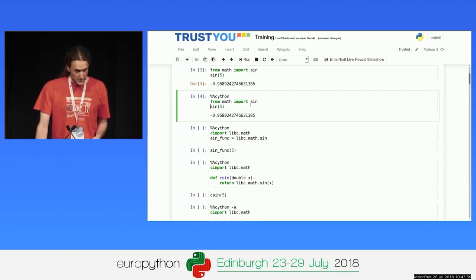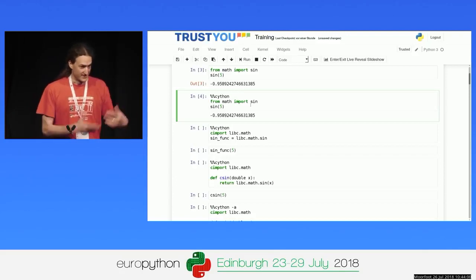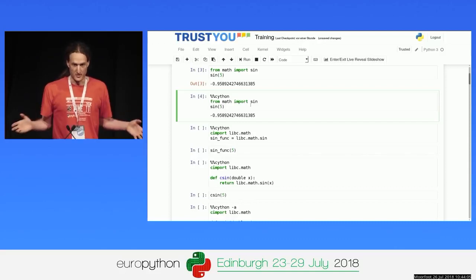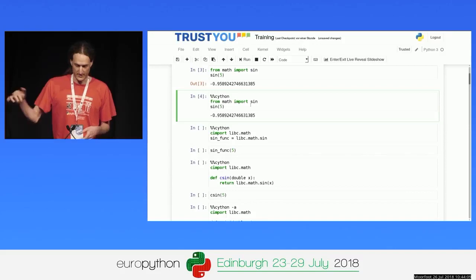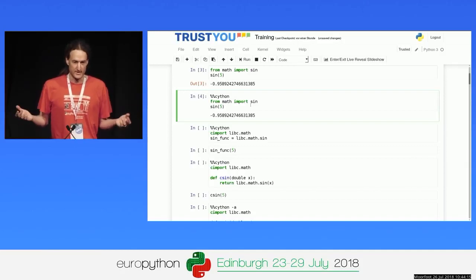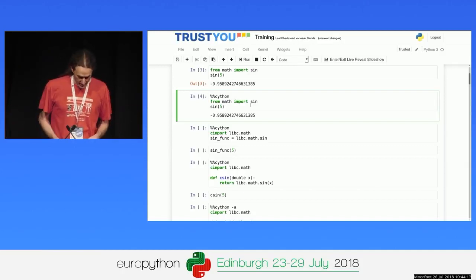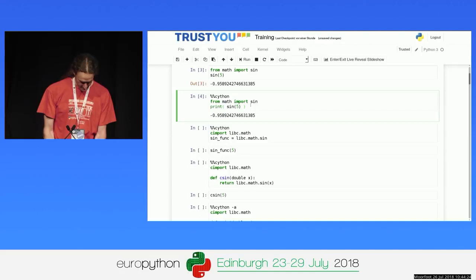For a Cython compiled cell, that does not work. Why? It's an extension module. It's native code. It's external. Jupyter can't look into it. It doesn't know anything that falls out of it. There is actually nothing falling out of it. It just gets executed. It gets imported as a module. But there's no value that comes out of the runtime. So if I just run this, it would display nothing. But I have to be explicit then and say print this. Okay, one difference.